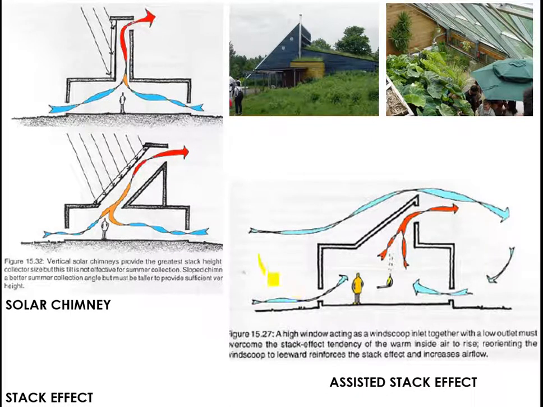So if this is the windward direction and this is the leeward direction, and your scoop is placed either way, what happens is your wind comes inside the building and never tries to escape. So if it's placed on the opposite side, that is on the leeward side, the wind which flows from the bottom of the building creates a heat buildup here and tries to escape through the leeward side of the building, which becomes a natural phenomenon.